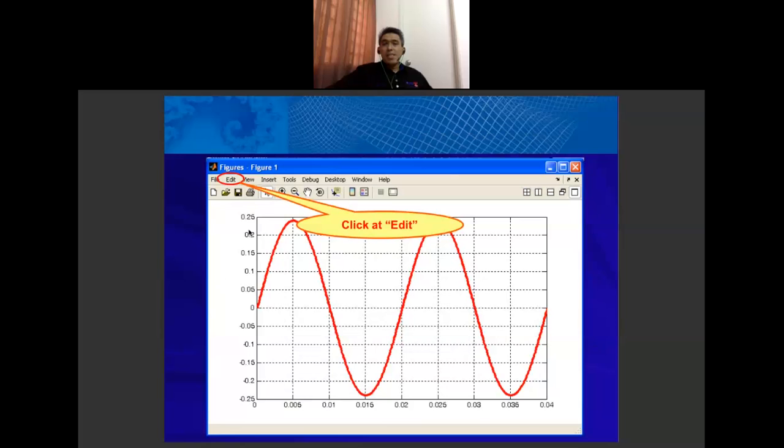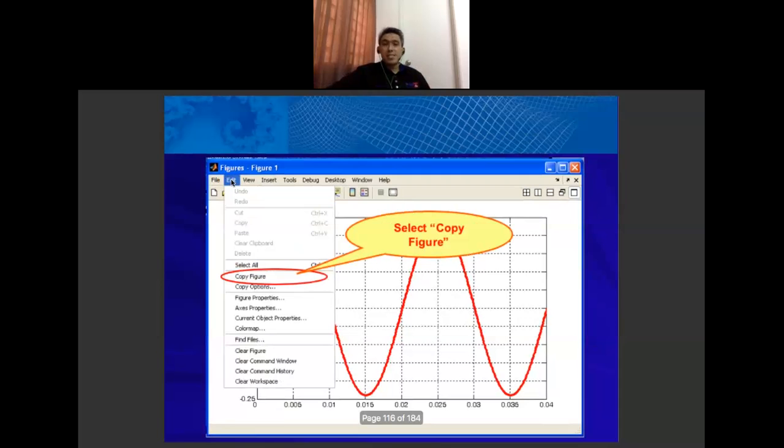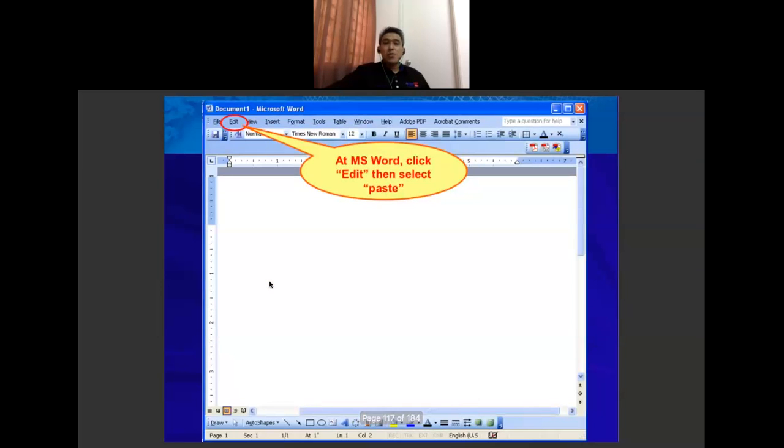Now, how to copy this waveform from MATLAB Simulink to Microsoft Word. Just click at edit, and then you can select copy figure. Then at Microsoft Word, you can click edit and then select paste.